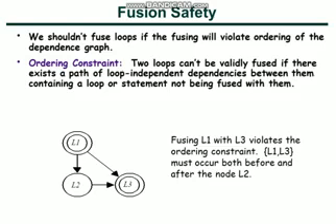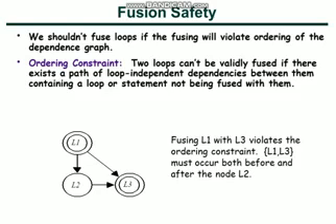Now, if you fuse L1 and L3 and execute this fused loop after L2, then the dependence from L2 to L3 would be maintained, but the dependence from L1 to L2 would be violated because here L1 will execute after completion of L2. So to maintain this dependence graph would not be possible if you fuse L1 and L3. This is known as ordering constraint. So in a dependence graph, if you have such an ordering constraint, then you cannot fuse loops.